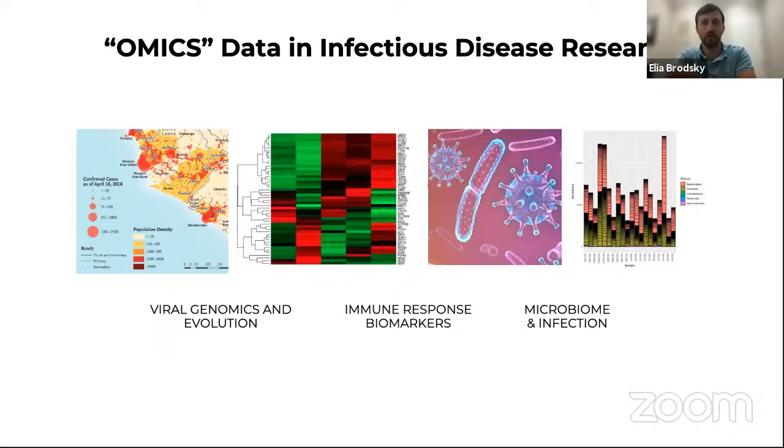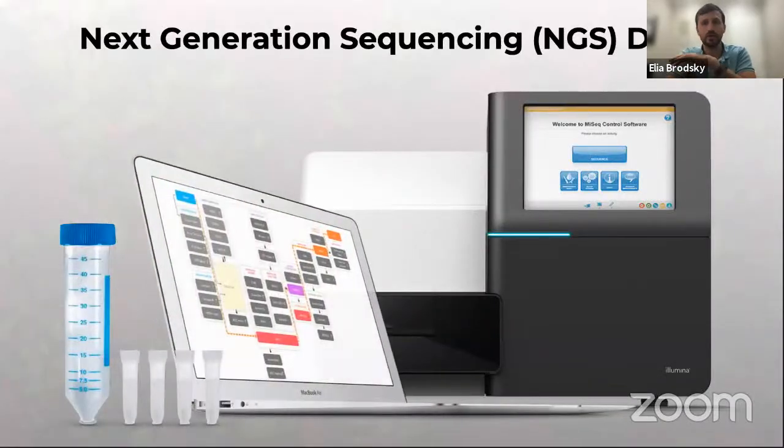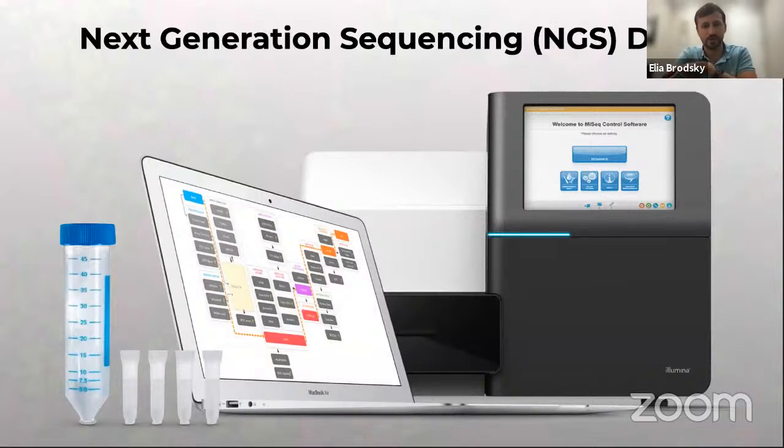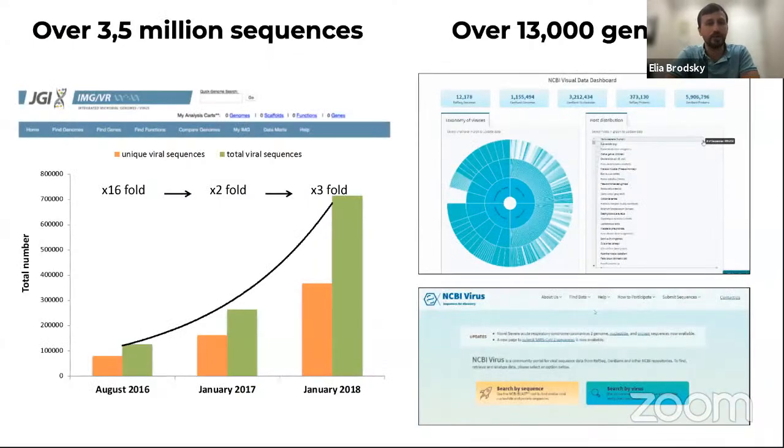And so that will give you an insight into viral genomics and evolution, immune response biomarkers, and the relationship between microbiome and infection. Now, at the core of all of these types of omics data, we will primarily focus on next generation sequencing. And one of the aspects of next generation sequencing is that the technology itself has evolved rapidly over the past couple of decades, essentially leading us to where we are today, where there's just millions and millions